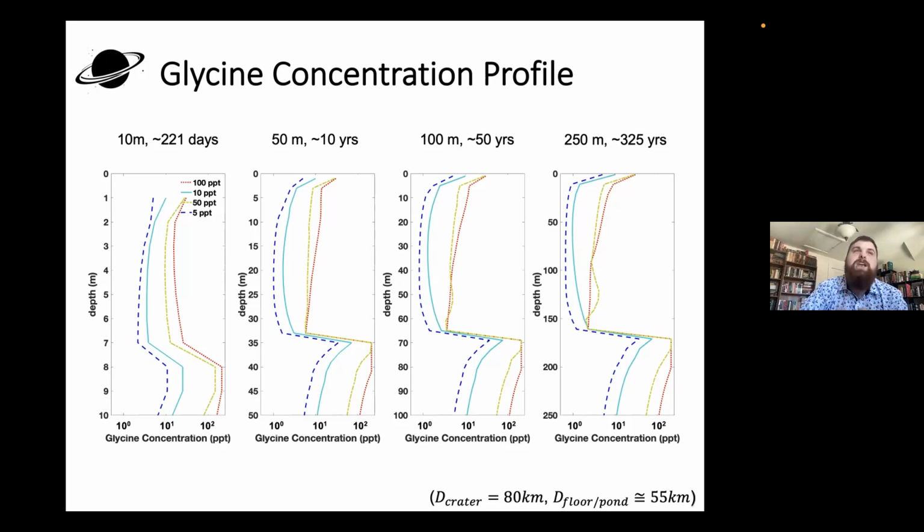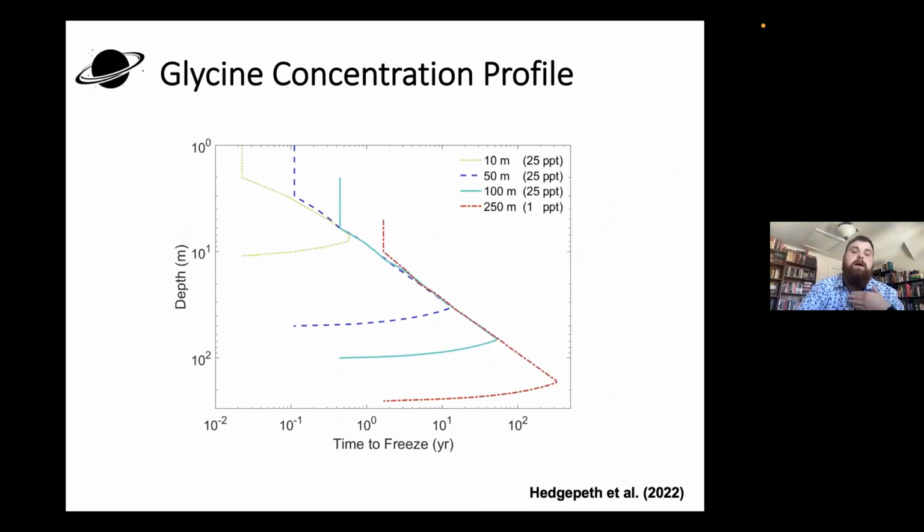And I know there's a lot to take in, and I'm not trying to get you to understand all the finer parts of what we're trying to understand here. What I wanted to show you was the complexities that go into trying to constrain this process, and all the factors that can cause these patterns to be much more complicated than these first order approximations. And a lot of it is something that we can begin to understand just by comparing the two. Glycine as a daughter product, we can begin to estimate at which point we would expect HCN to turn into glycine by using these timetables that I made using HCN.